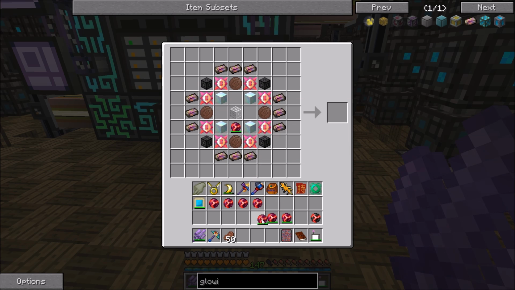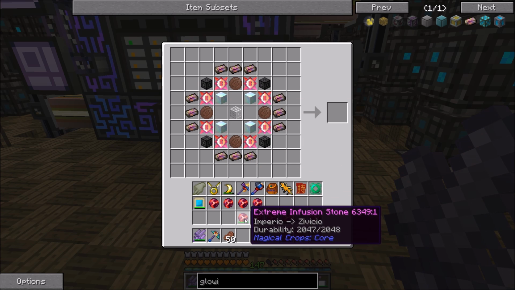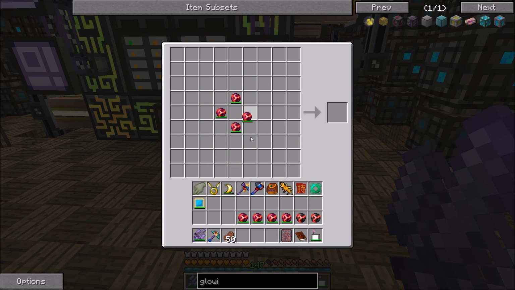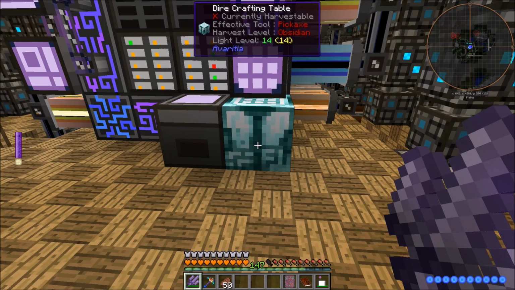Did I not have to craft another one of those? I should have crafted it first, because I could probably actually put that in and have it repaired. That's okay. Well, we got 2 of those. Anyways, they're not expensive. Gaia Spirits and the